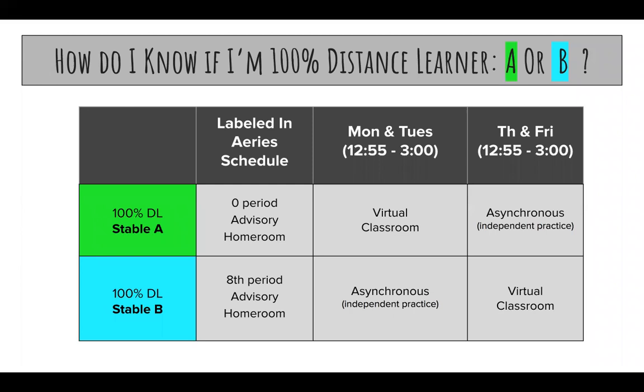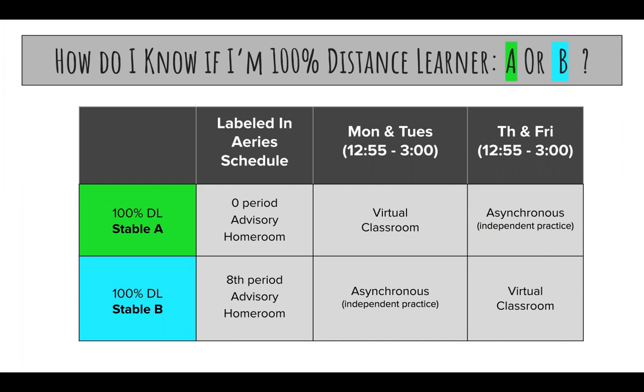So students have been asking, how do I know if I'm a 100% distance learner group A or group B? Or in other words, stable A or stable B? Well, when you log on to your Aries portal, you will be able to see your schedule. You're going to look at your schedule and check to see if it says one of these two